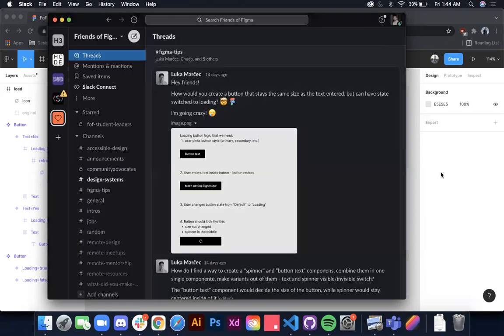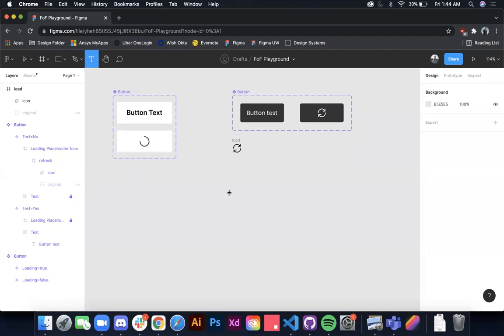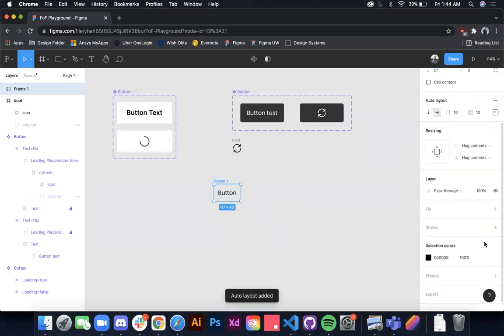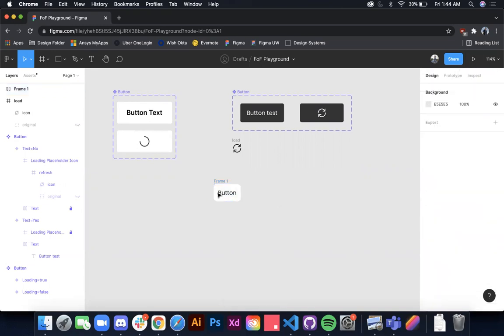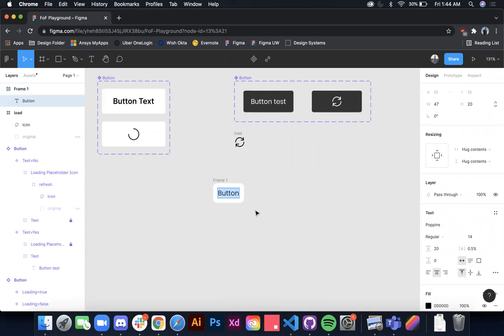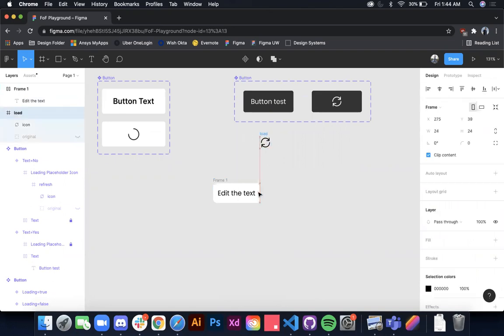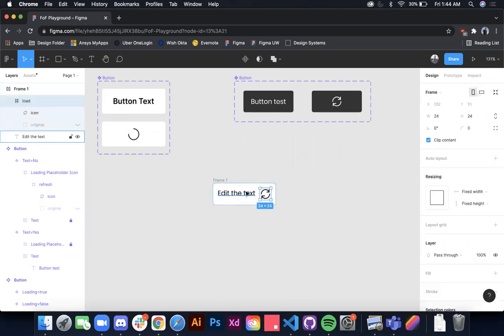And so just showing what trouble he's running into. If this is the button in an auto layout container, I'll just add a quick background, some rounding. You'll see if I edit the text, obviously it's going to hug the contents. But if I want to also add in this icon somehow and try to balance it, I have no way